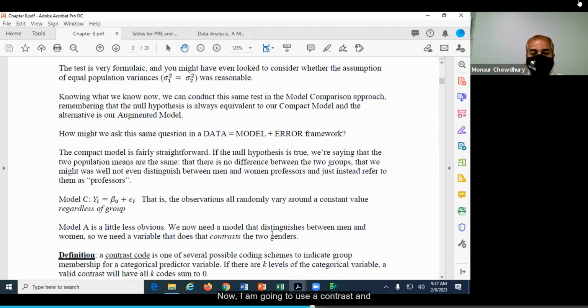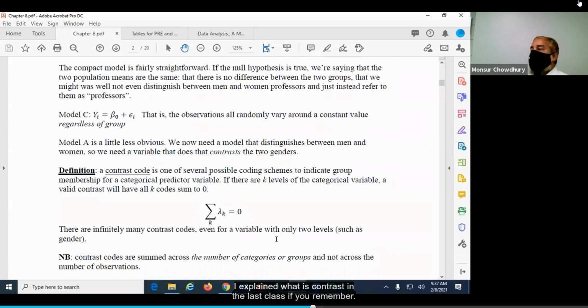Now, I am going to use a contrast, and I explained what a contrast is in the last class, if you remember. A contrast is when the sum of the coefficients is 0. So we define the coefficients like this, if you remember. Here I consider the sex variable, and I said, okay, the sex is male and female.